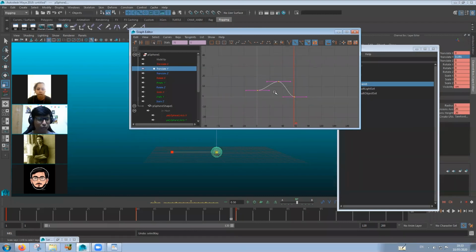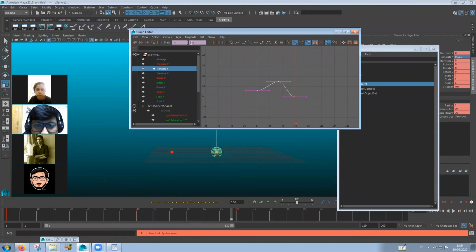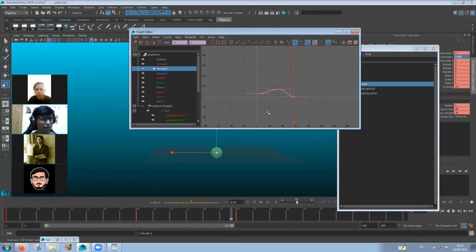Also, if you want to reduce the whole value of the graph, what you can do is star 0.5. Sorry. Yeah, so it will scale the whole value like that. Okay, and the next time you use the same formula, for example, if you want to reduce it even further, now this will become the whole value. So always know that whatever value you are multiplying, okay, will be from the whole value.